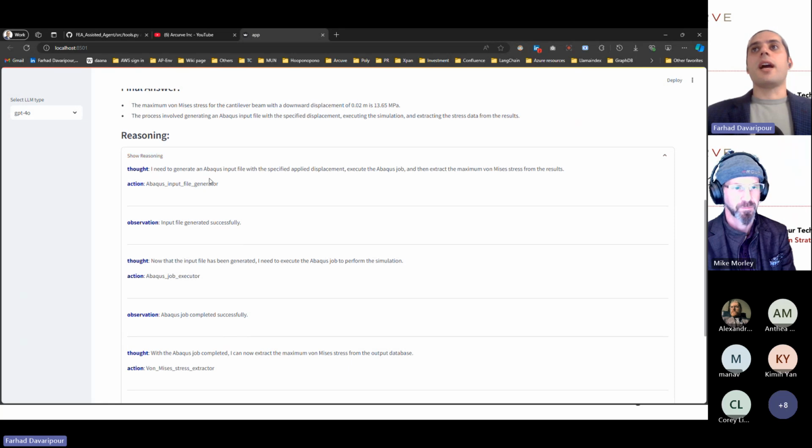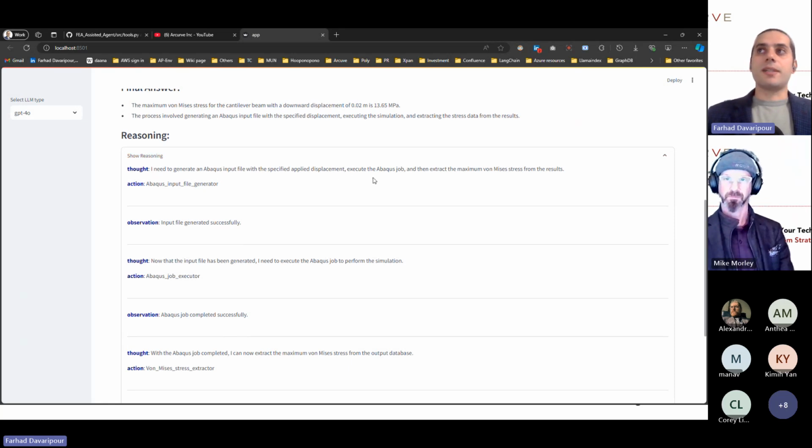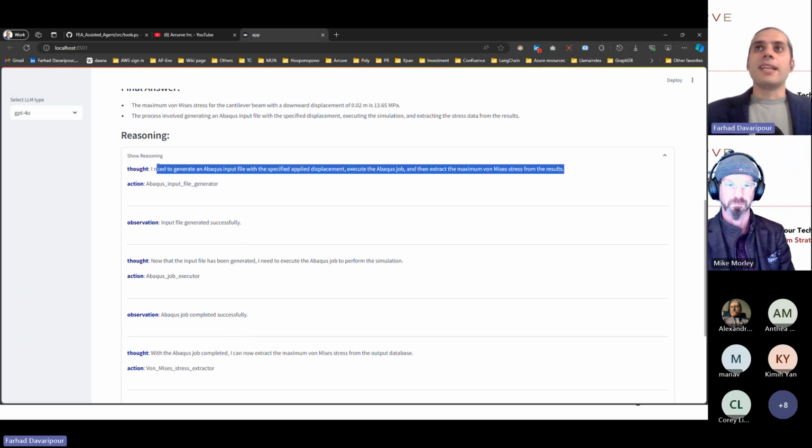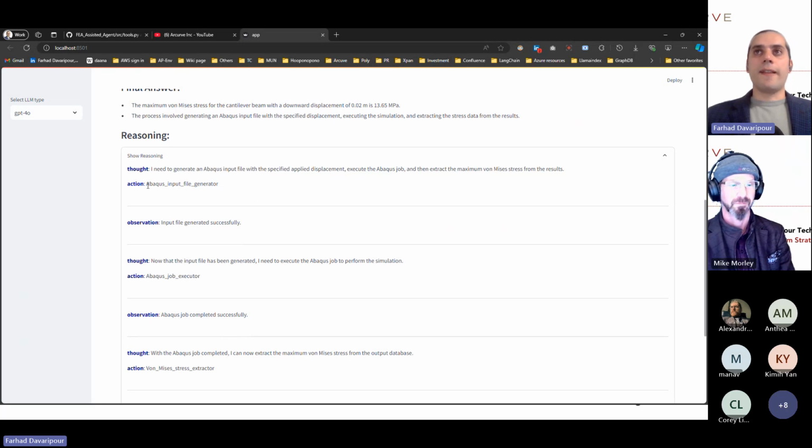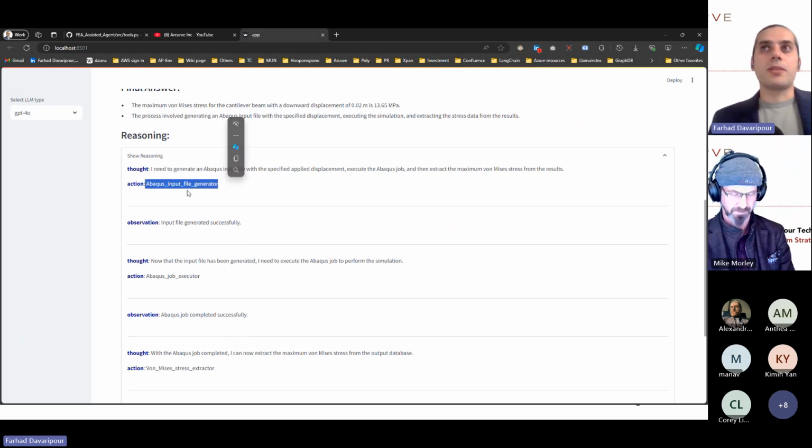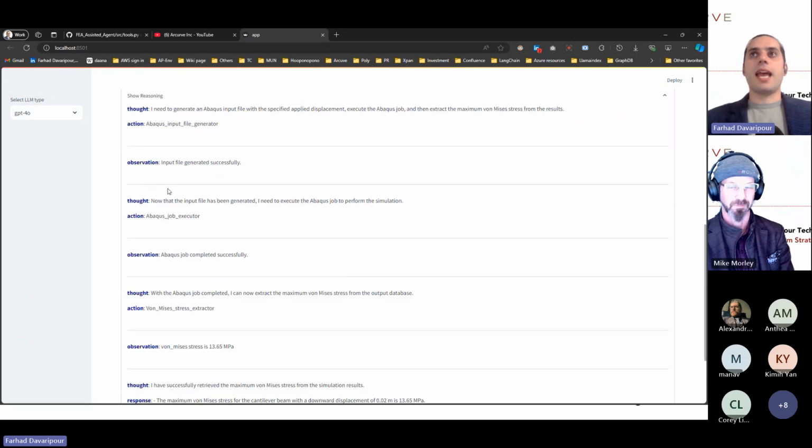The agent says, okay, I need to generate an Abaqus input file with a specific applied displacement, execute the Abaqus job, and then extract the maximum von Mises stress. Again, this is what the agent came up with. We didn't say that, we just provided the tools. Based on the tool description and the function signature, the agent is able to figure out how to run them sequentially. It runs the Abaqus input file generator first, and then this is the result of